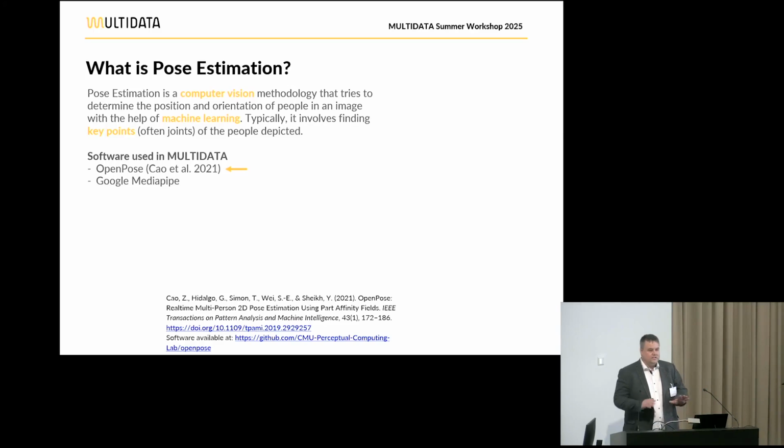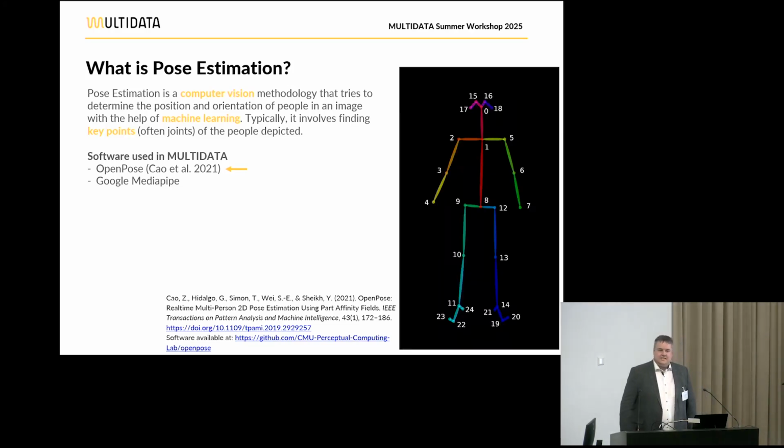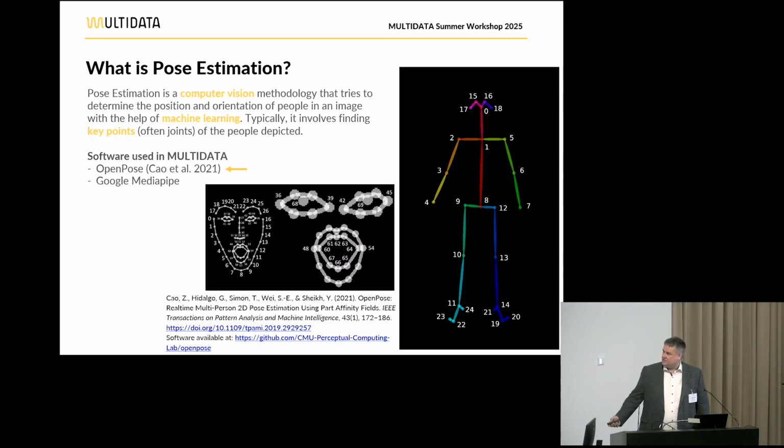Now, in the first part of the talk, I'm going to talk about OpenPose, which is the older system. It says here 2021, but that's only when they managed to get their paper published. Actually, we've been using it since 2018. So what it does is it tries to assign body key points, pose key points to these joints. So this is the model that we're using for OpenPose. It's called the Body 25 model, and it assigns all these numbers to these joints,